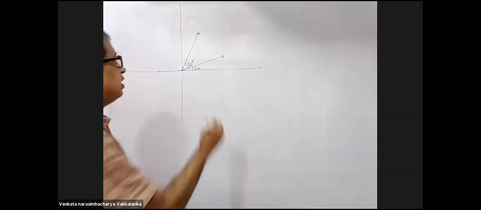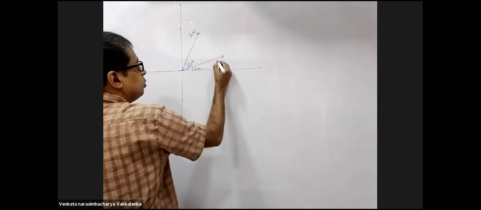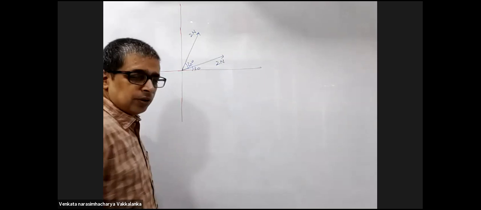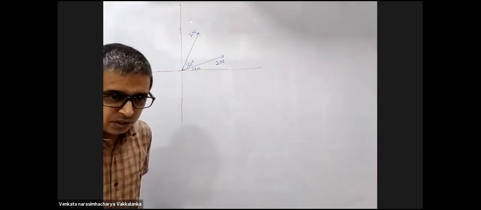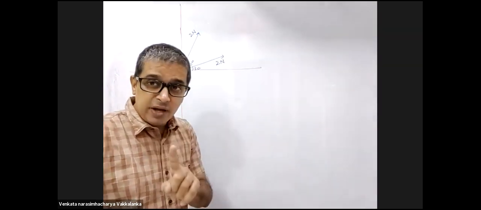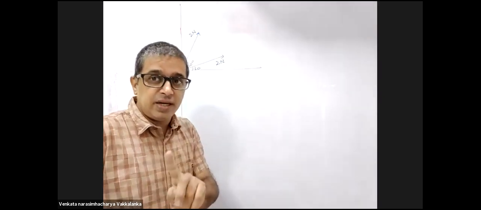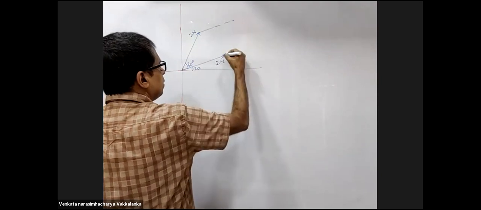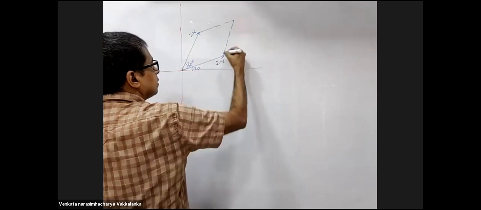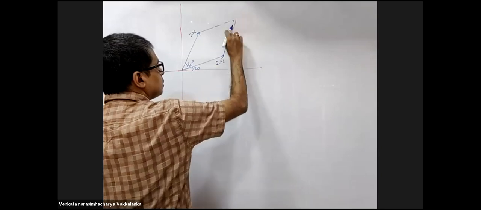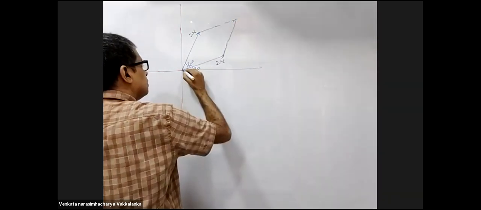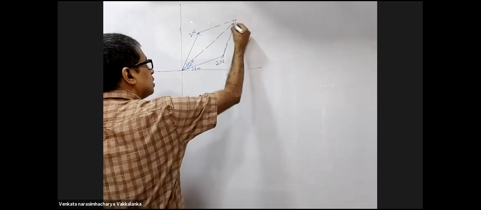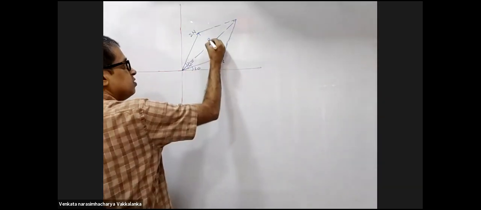Let us take convenient numbers. Let me take this to be 2 Newton, and this to be 2 Newton. I am taking very convenient numbers. One way of solving this, please listen carefully. Let the parallelogram be completed. The diagonal of the parallelogram drawn from the same point is the resultant.